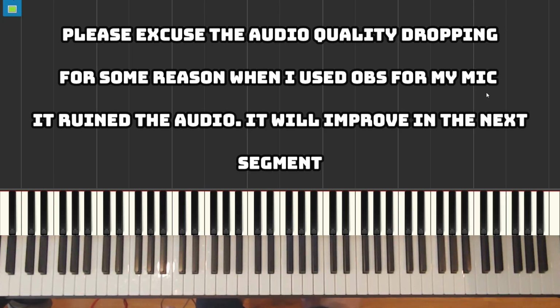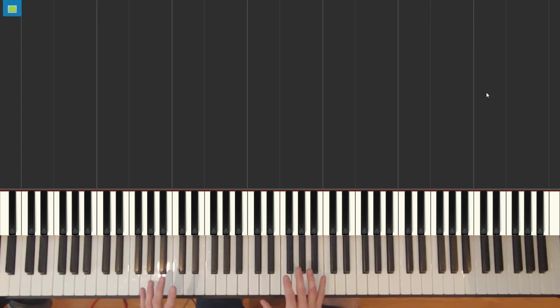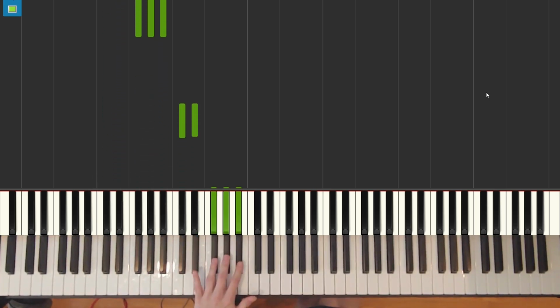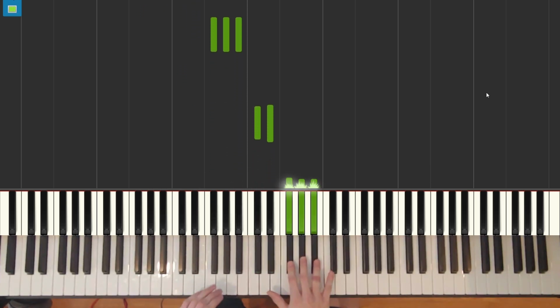Now, if you look at a piano, you'll notice that there are a lot of keys, maybe even too many keys. How are you supposed to make sense of 88 different keys? But if you look closely, you'll likely notice a repeating pattern of black keys that go up the keyboard. 2 notes, then 3 notes, then 2 notes, then 3 notes, then 2 notes, then 3 notes, and so on